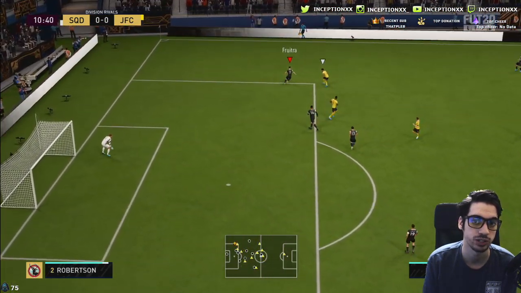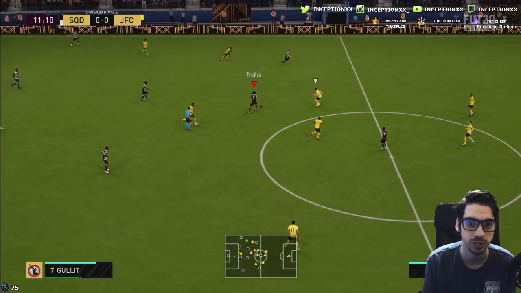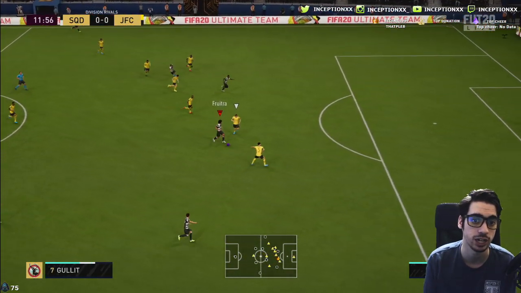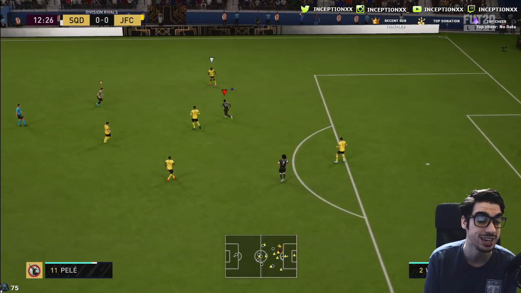Nice little physical presence there with Robertson. First time pass is perfect. Bernard will make that run. Let's see if we can get through here. Little first time pass there. Get lucky here, actually. Doesn't let us do the small little touch there,